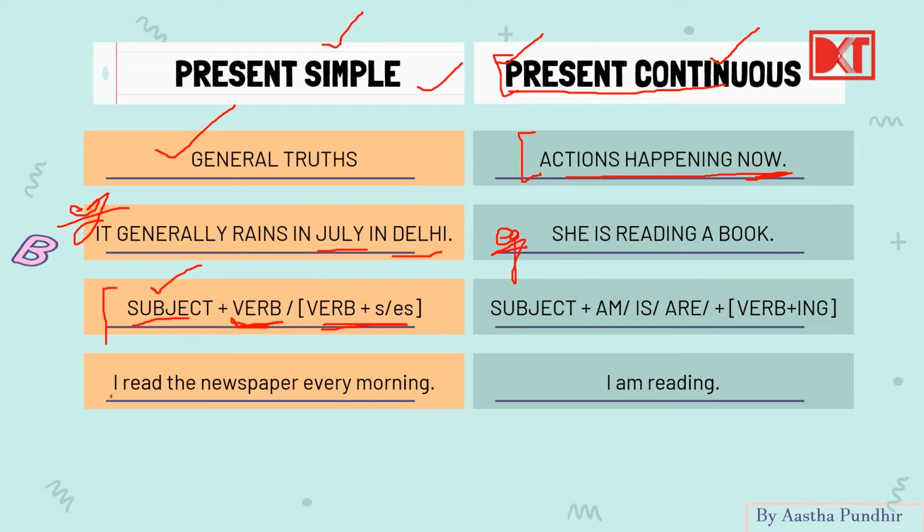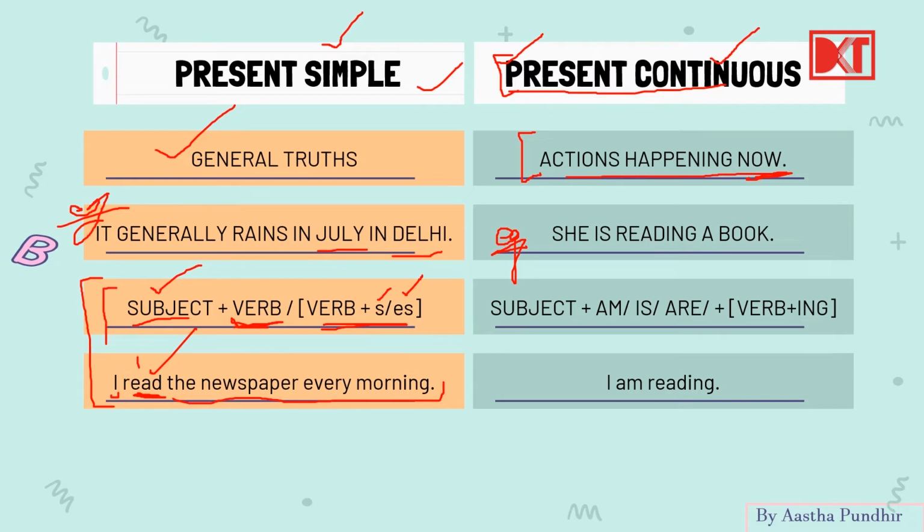Now I is the subject, then read is the verb. So verb की जो first form है that is used, या फिर जब s या es कब लगता है ये हम नेक्स्ट स्लाइड्स में देखेंगे. कंप्लीट फॉर्मेशन ऑफ प्रेजेंट सिंपल. अभी बस आपको छोटा सा ये देखना है कि सब्जेक्ट प्लस वर्ब या फिर वर्ब विद s और es एंड द ऑब्जेक्ट which is the newspaper every morning. All right,